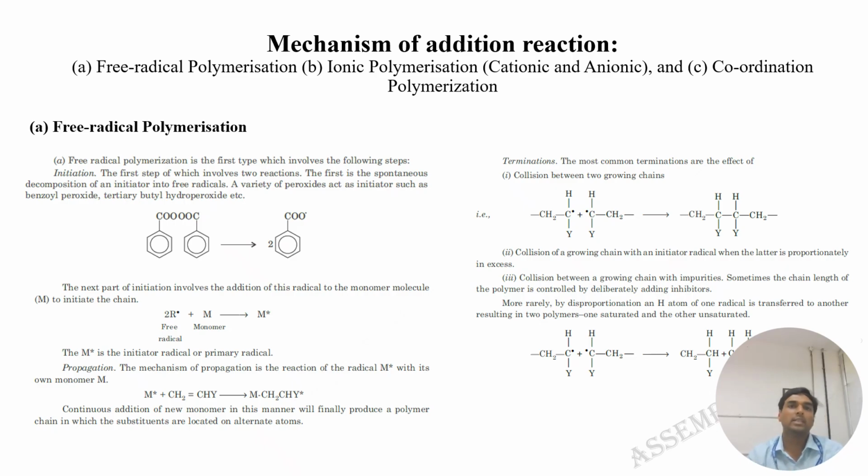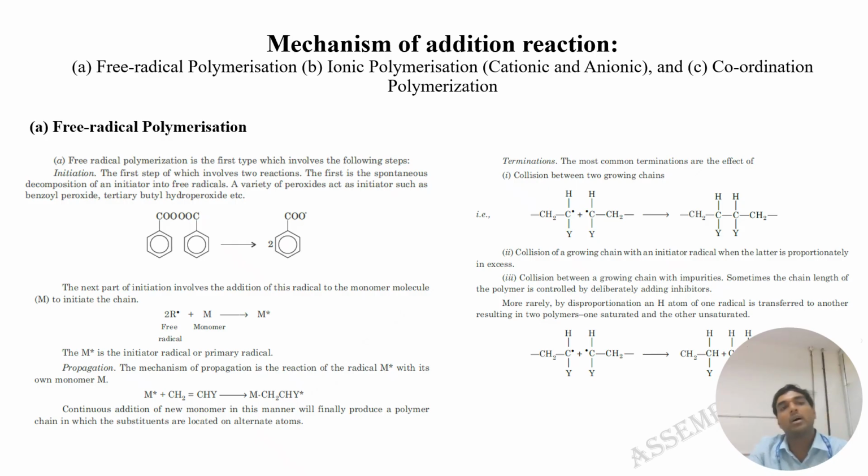So let's understand the mechanism of addition reaction. Basically, we need a radical initiator. How? Using free radicals. There are free radical polymerizations where we need radicals. So from where can we get the radical? From a peroxy compound or hydrogen peroxide, such as butyl peroxide or benzoyl peroxide. Under heating conditions it will give the radical, and that radical will